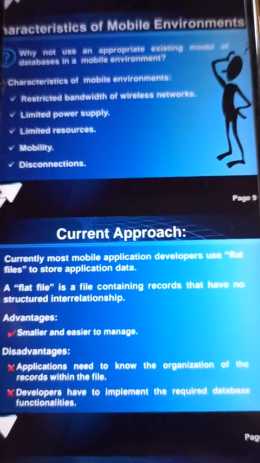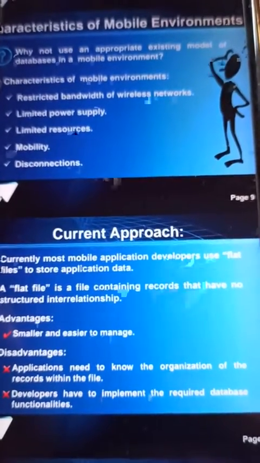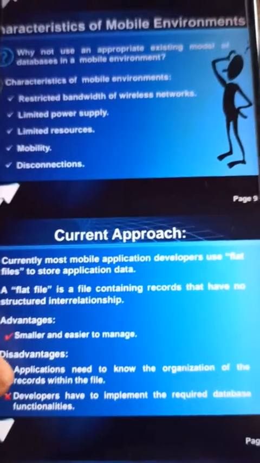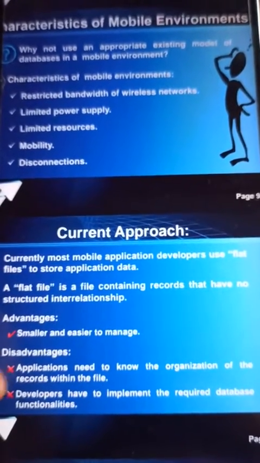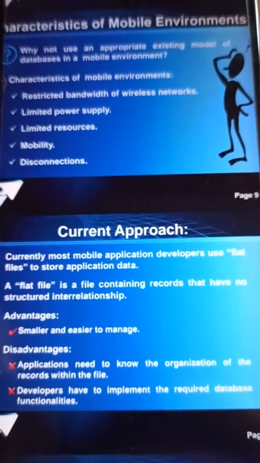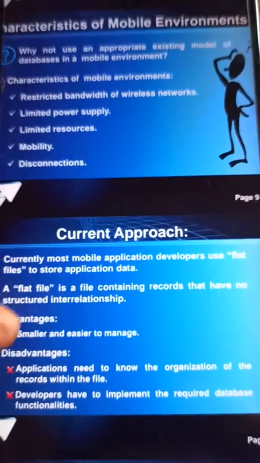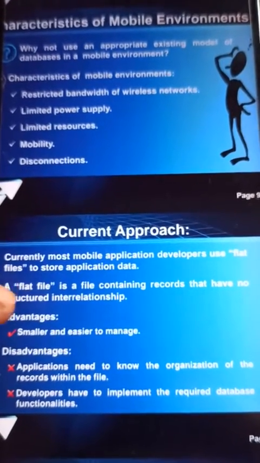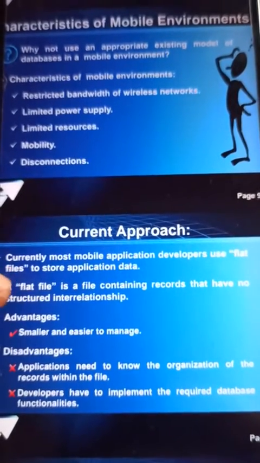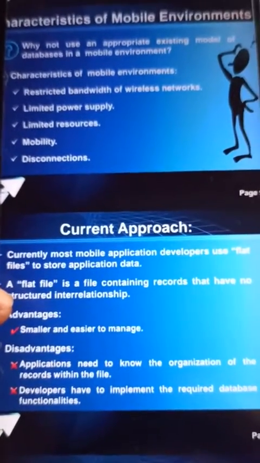The disadvantages are that the application needs to know the organization of the data in the file, and developers have to implement the required database functionalities. So these are the advantages and disadvantages of flat files. Thank you.